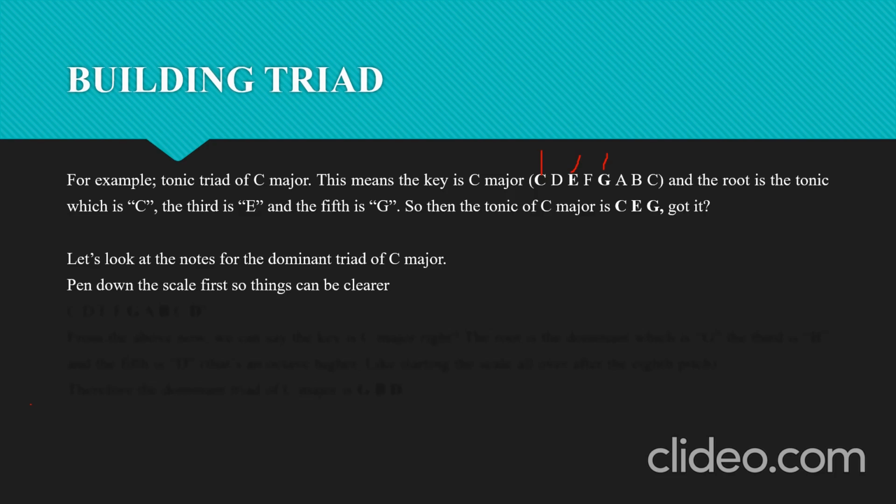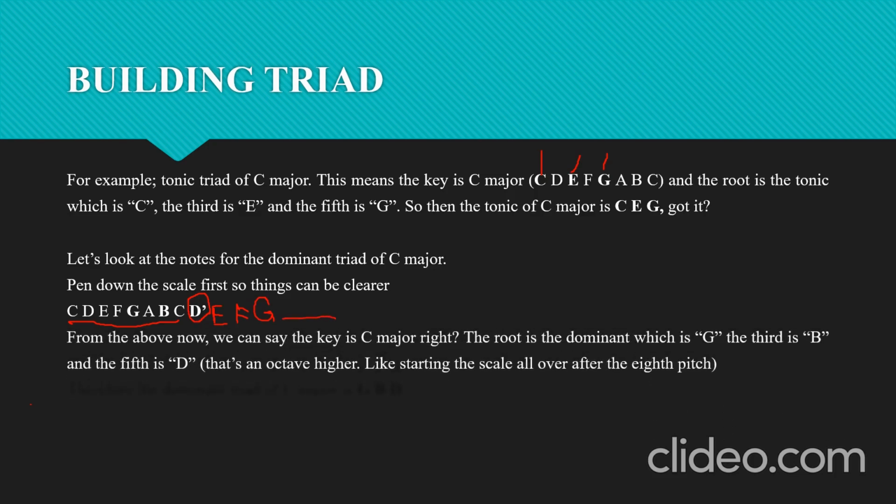They use it a lot in many music. Pen down the scale, then that is it. I intentionally added one more note, this D. This is the scale of C. But if you are going for D, E, F, G, it is in the upper octave. In the upper octave. Okay? Then we now have this. Then above, it explains everything I just explained to you now.